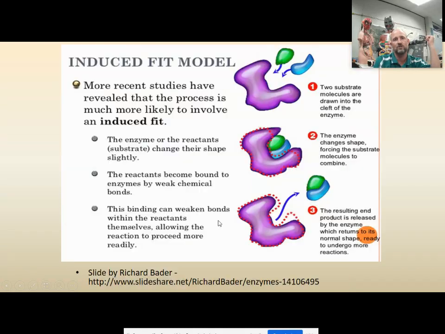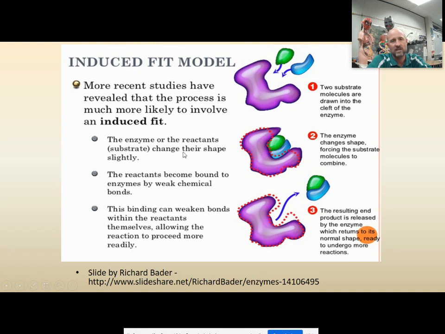I'm going to prefer to use the induced fit model. This is more accurate. It's a little more difficult to understand, but not really, so I don't even know why I talk about lock and key. Induced fit allows for a little different things, like maybe something with a similar shape can actually fit in here. It doesn't have to be perfect, but similar might fit in here, and then it could stop enzyme reactions or something like that. So in this case, the enzyme